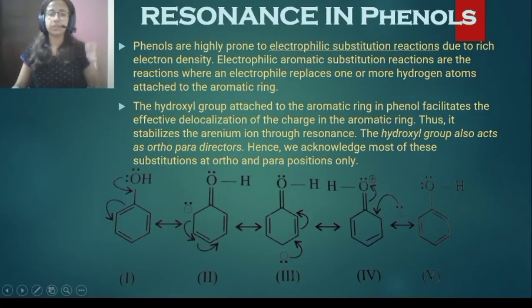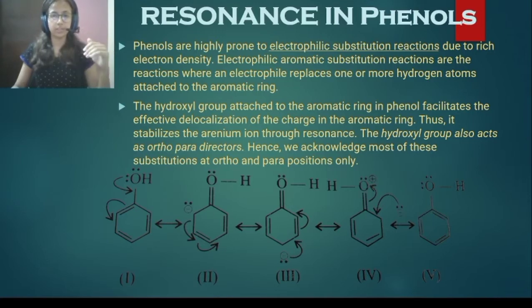The very first thing which strikes our mind is resonance. As we all know, in most aromatic compounds, the reason for reactivity is this resonance, and so is the case with phenols. Phenols are highly prone to electrophilic substitution reactions because they have rich electron density at ortho